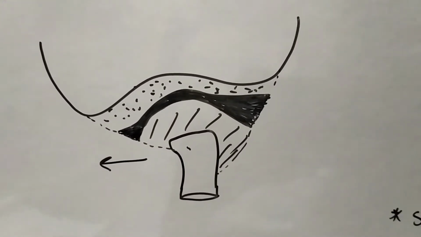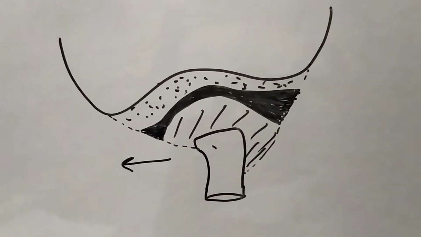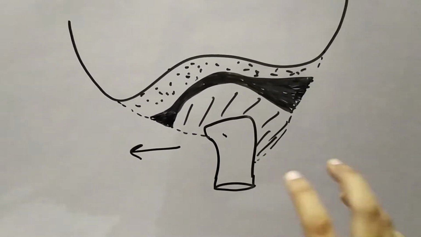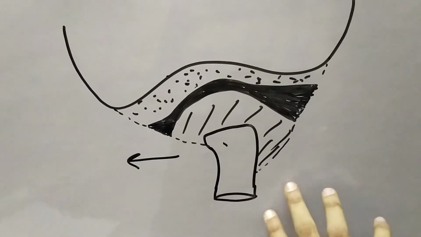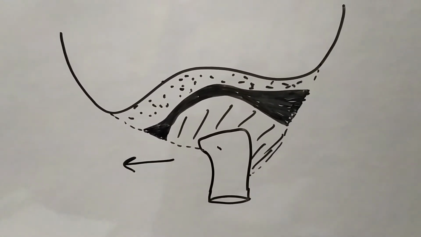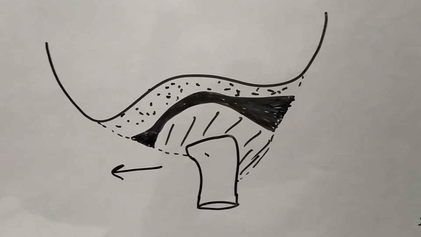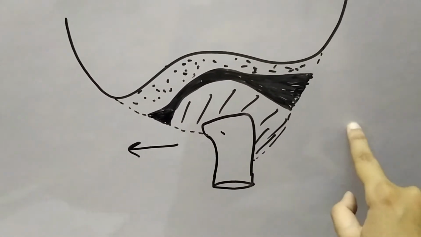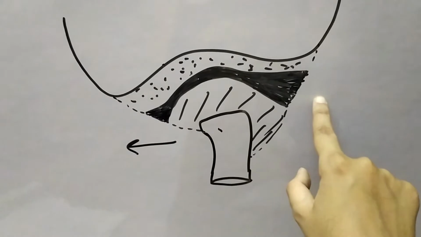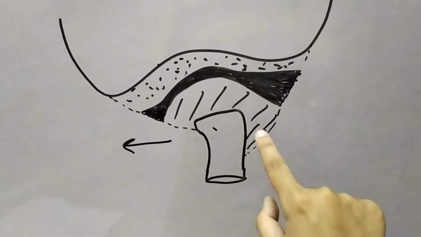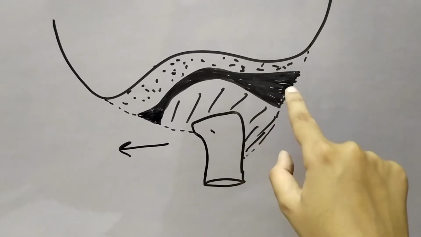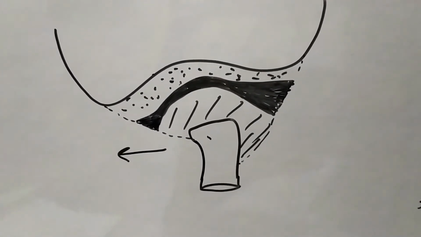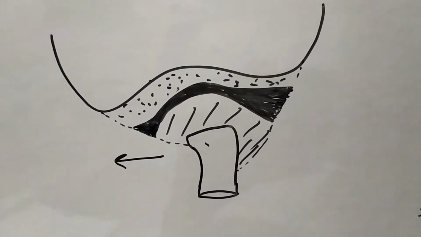Coming to the elevation. Elevation means closing of the mouth. What happened in the depression is exactly the opposite of what takes place in the elevation. So in the elevation, the head of the condyle will move in a backward direction along with this articular disc, and also it will rotate beneath this articular disc in the backward direction to carry out the elevation of the mandible, and thus resulting in the closing of the mouth.